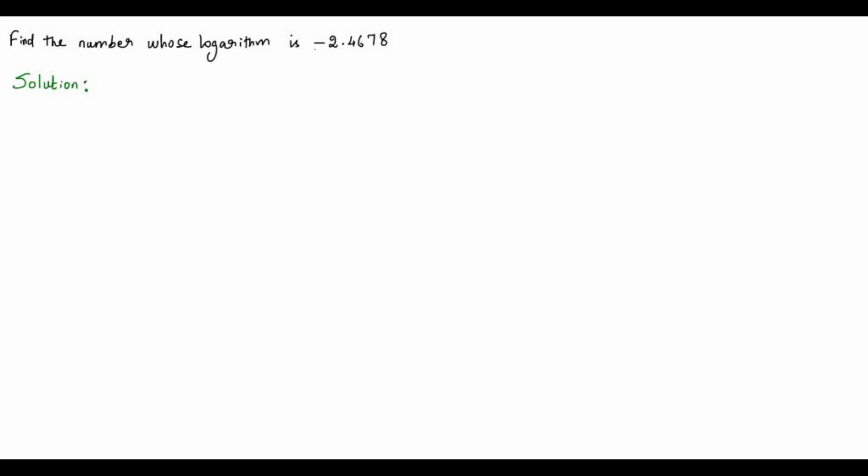Here we have a problem on logarithm. Let's read the question. Find the number whose logarithm is minus 2.4678. So logarithm is found for some number and the result is minus 2.4678. We have to find the number for which logarithm is found. So we can assume x is the number, that is, let x be the number